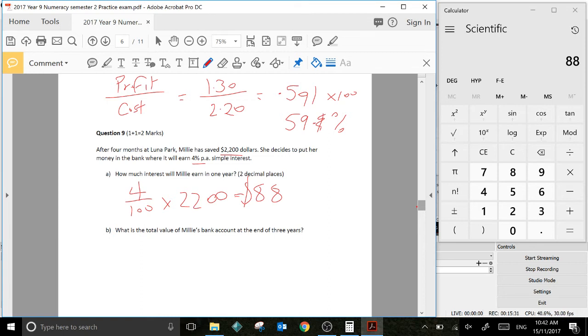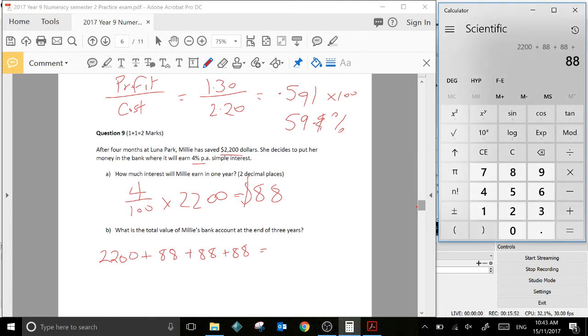Now, what is the total value of Millie's bank account at the end of 3 years? Well, if she's earning $88 each year, she's going to have her original 2,200 plus her 88 from the first year, plus her 88 from the second year, plus her 88 from the third year. So we just have to add them together. Now, the hard way to do this is to go 2,200 plus 88 plus 88 plus 88 again to get a grand total of